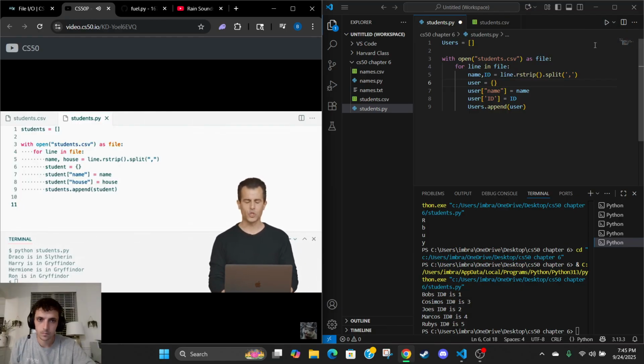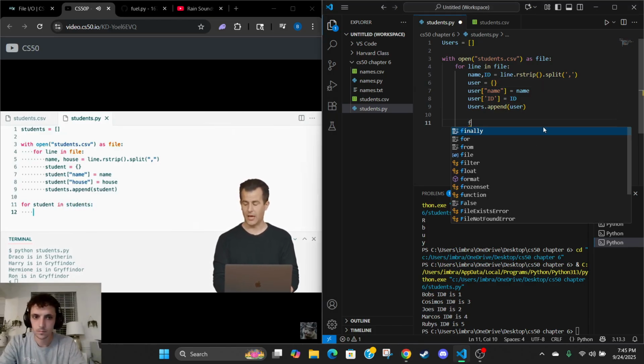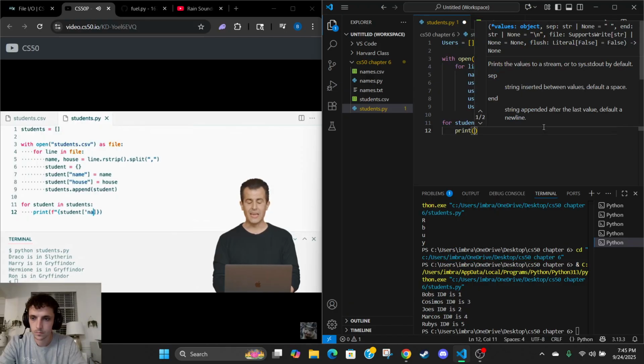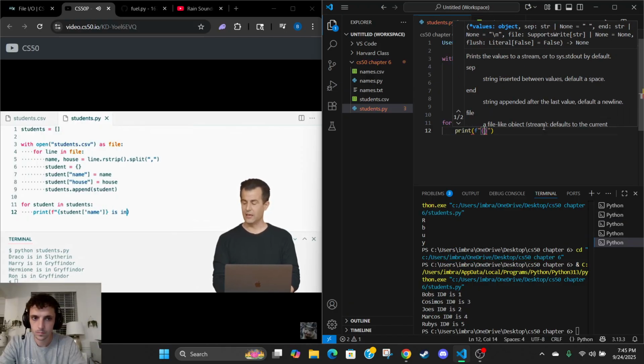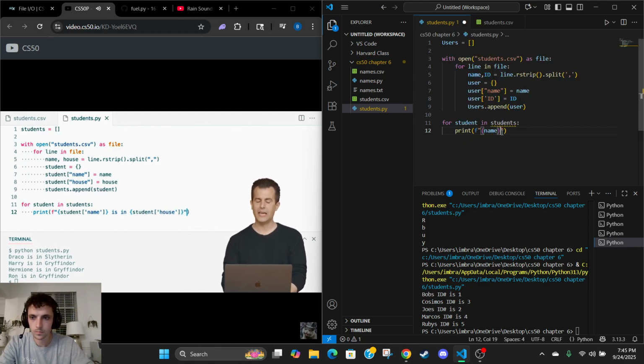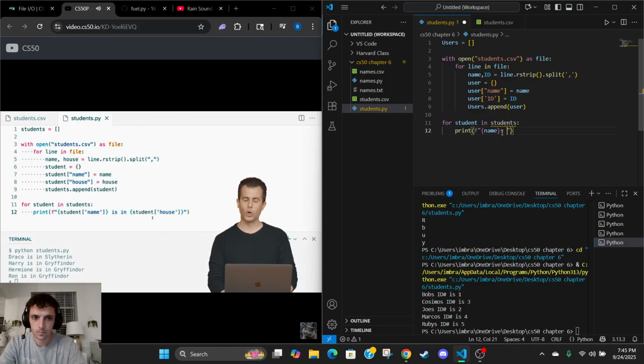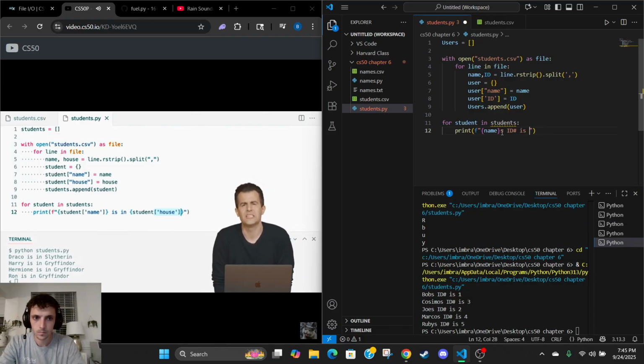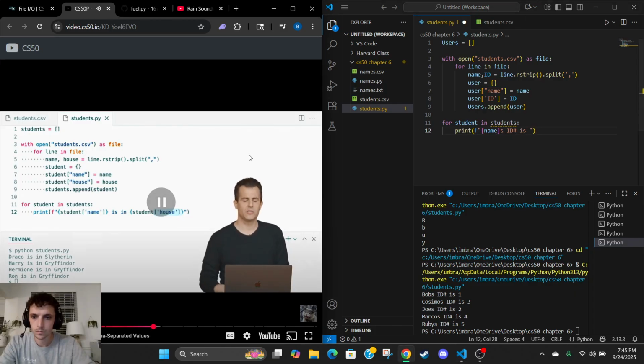Now, why have I done this? Well, let me, for the moment, just do something simple. Let me do for student in students, and let me very simply now say print the following f string. The current student with this name is in this current student's house. And now notice one detail. Inside of this f string, I'm using my curly braces as always. I'm using inside of those curly braces the name of a variable, as always. But then I'm using not bracket 0 or 1, because these are dictionaries now, not lists. But why am I using single quotes to surround house